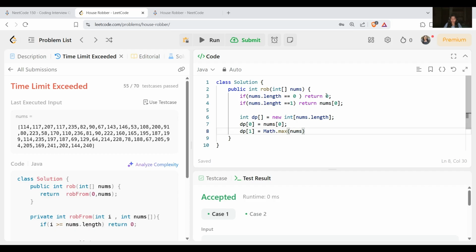So it will be max of nums[0] and nums[1].